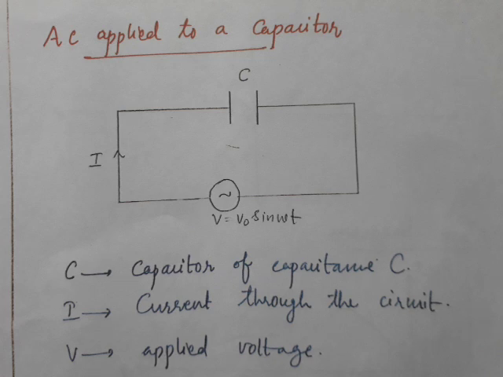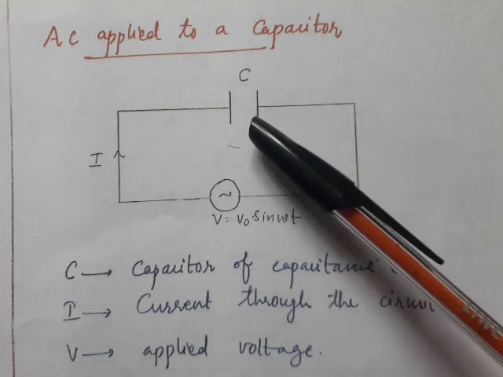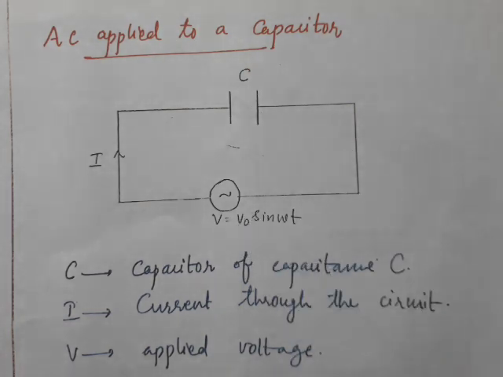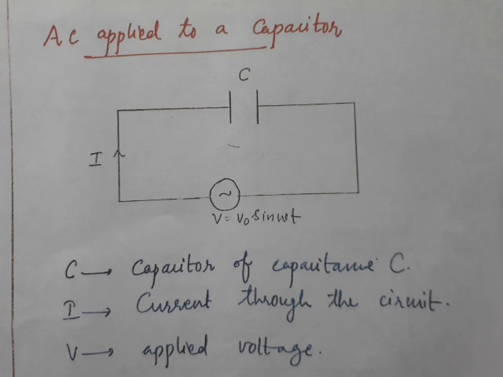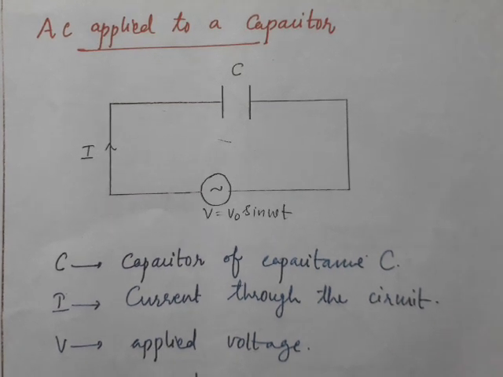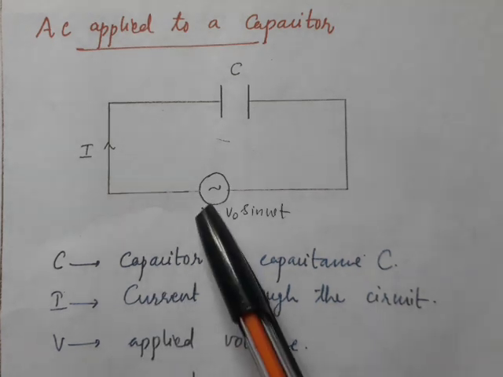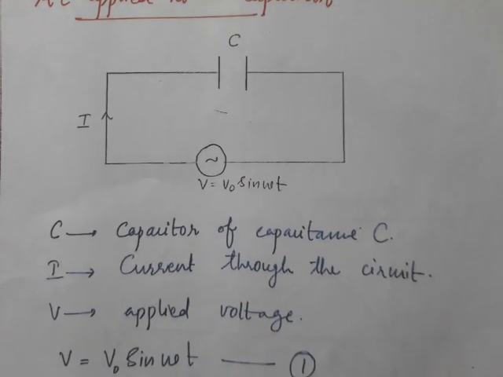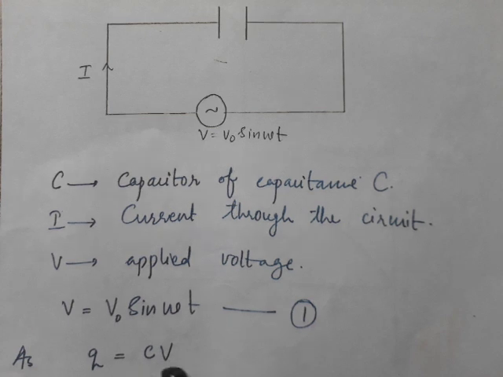Let us now check how AC behaves with a capacitor. So here is a capacitor C connected to the AC source, and the applied voltage is V0 sin omega t. Here we can have the simplest relation between the voltage V and the capacitance C through the charge Q, that is Q is CV. We have the equation for capacitance, Q is equal to CV. From here we can differentiate this Q and we get dQ by dt, that is the current I. We will substitute for V also, V0.